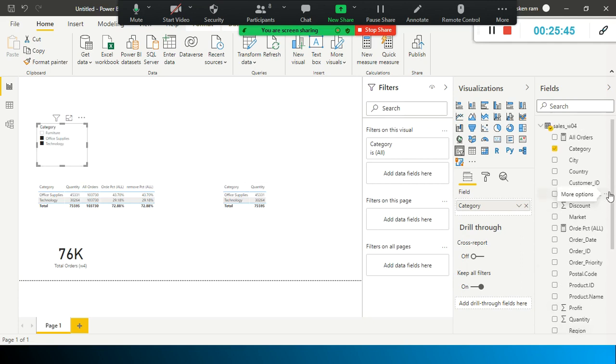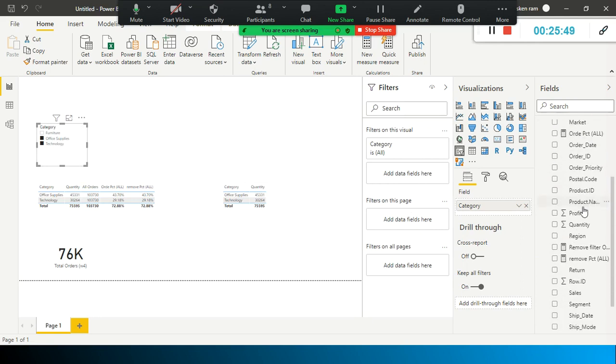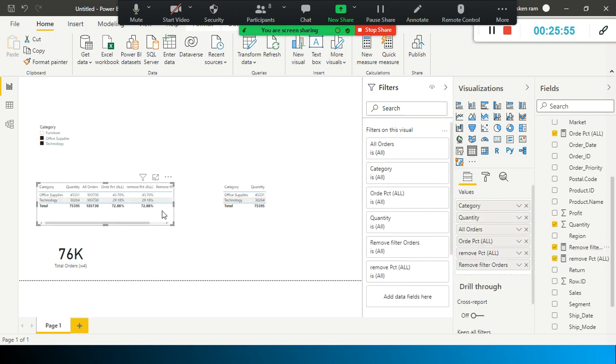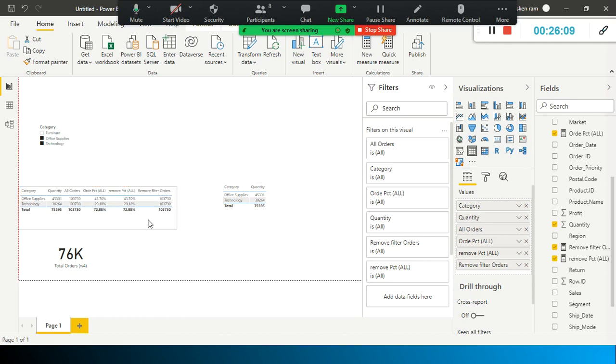Or if you want to check this, you can just copy and paste the REMOVEFILTERS here also. You see here, the overall total is not getting changed because it is disregarding internal and external filters. Good. So far so good. We are able to understand, right? Fine.